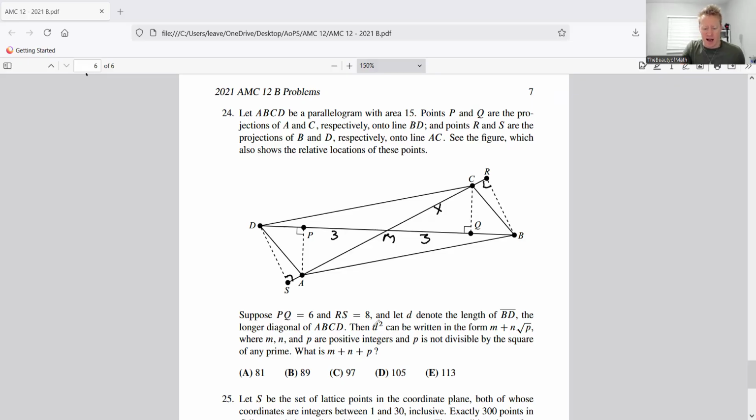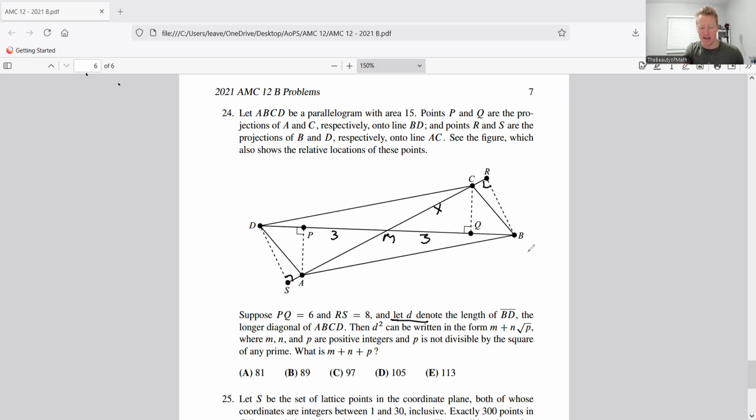Okay, continuing on. We know then that MR is equal to MS because AS would be equal to CR and forces that. But again, we don't know that we're going to need that 4 minus X. I just wanted to point out how you would establish that. The longer diagonal of ABCD is